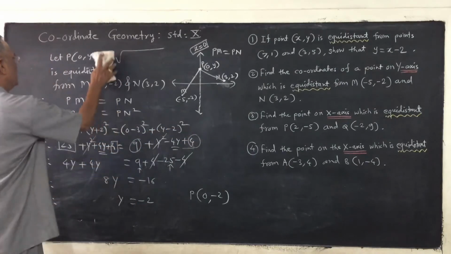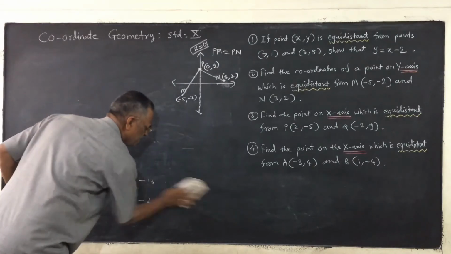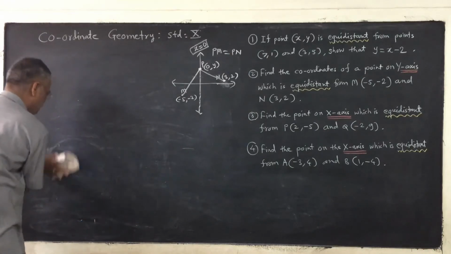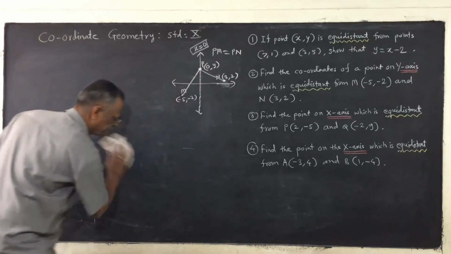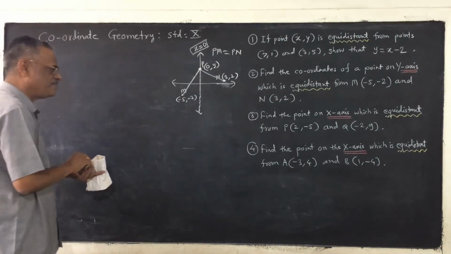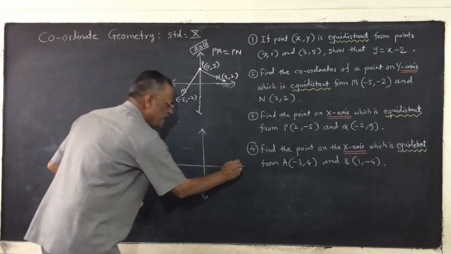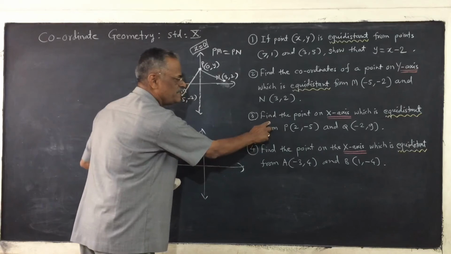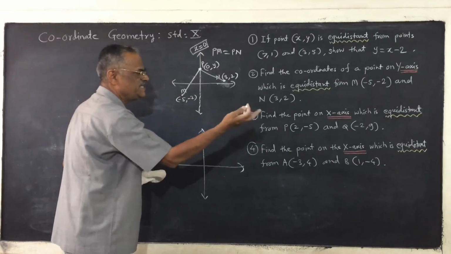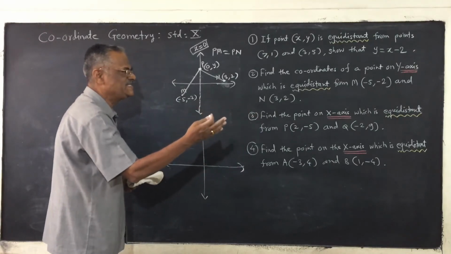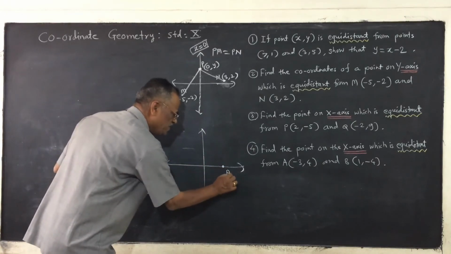Same method, but how to think about it on the x-axis? Remember the coordinate system. What is given there? The point is on the x-axis. You can draw a rough diagram for your understanding. Let us solve this example. P and Q are points there. So remember that we have to consider another point. Let A be the point on the x-axis.